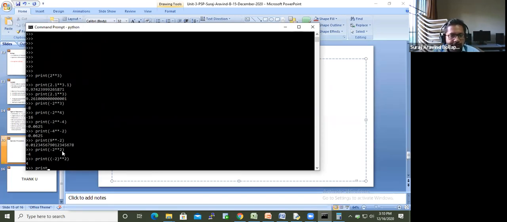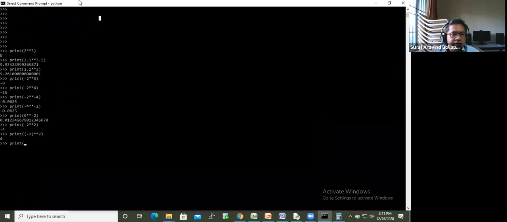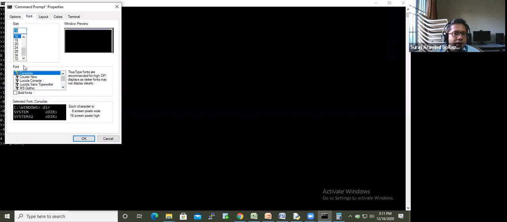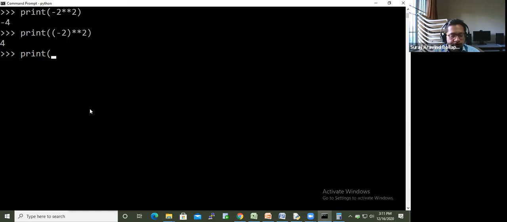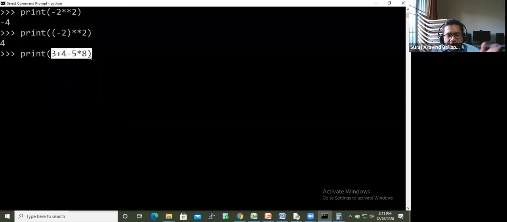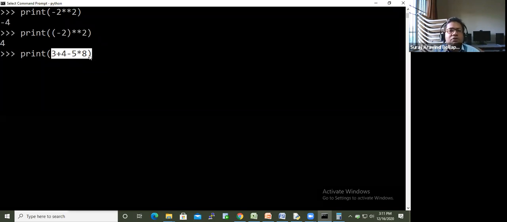Suppose I say 3 plus 4 minus 5 into 8. In one expression, I am combining multiple operators, for the time being arithmetic operators.